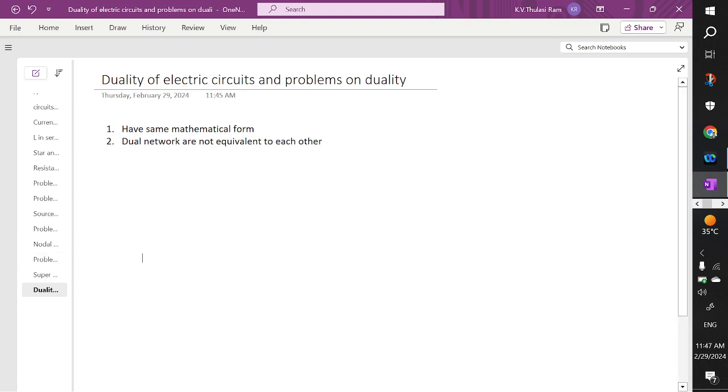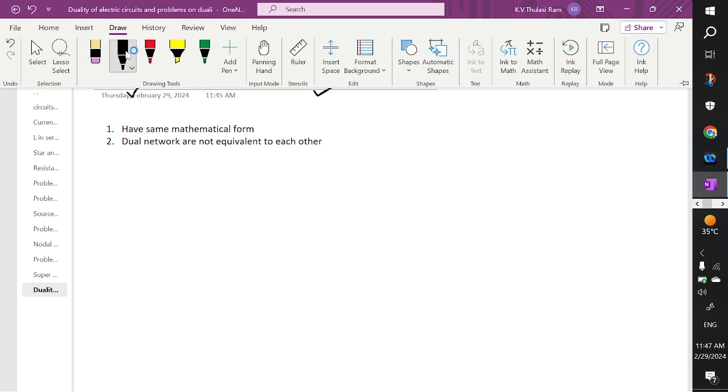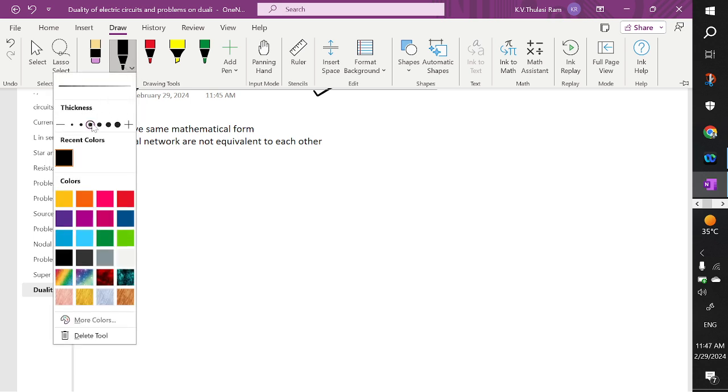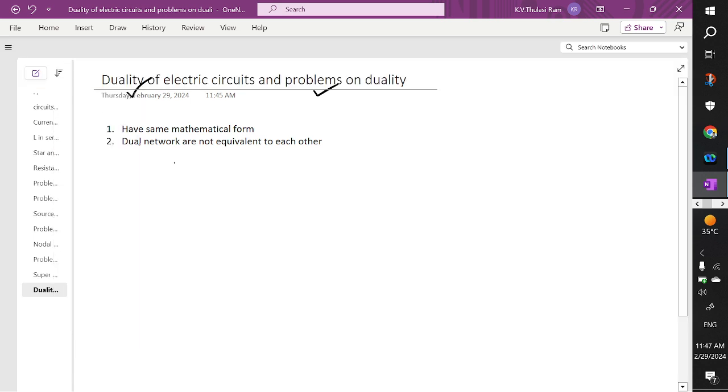Hi, good morning everyone. Today we are going to learn about the concept of duality and problems related to duality. Today let's try to understand what this duality is. Duality is nothing but, for example, you consider a DC network